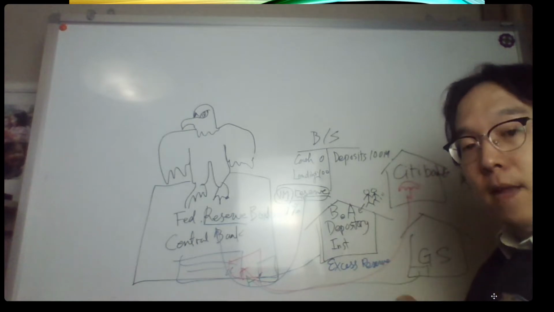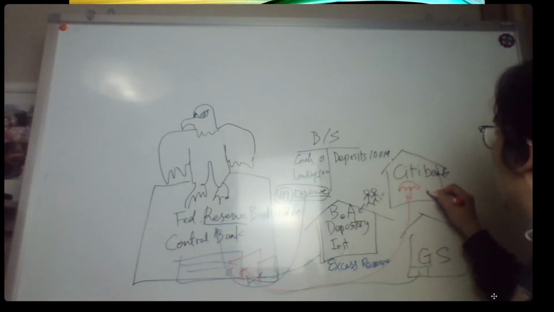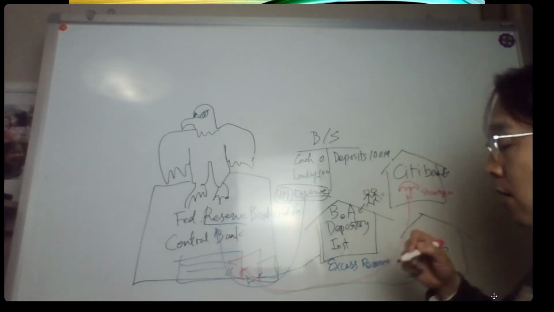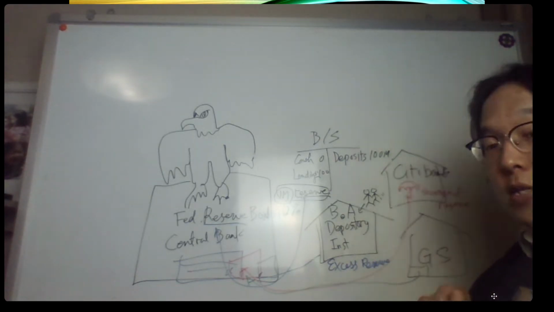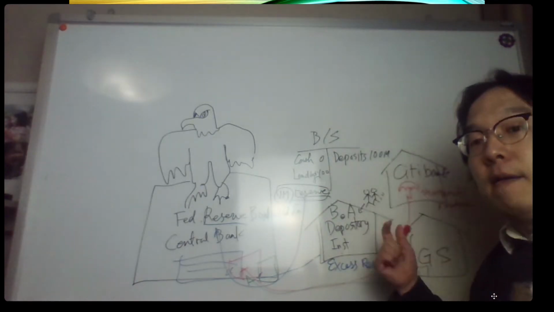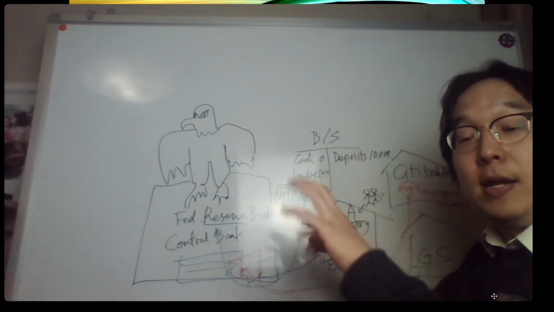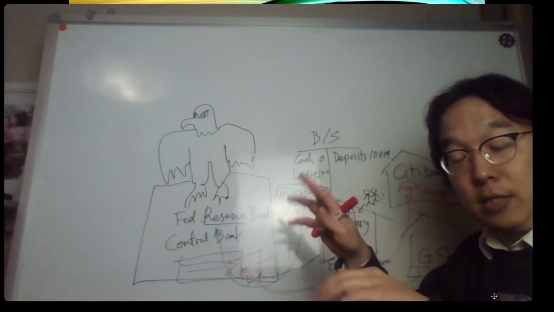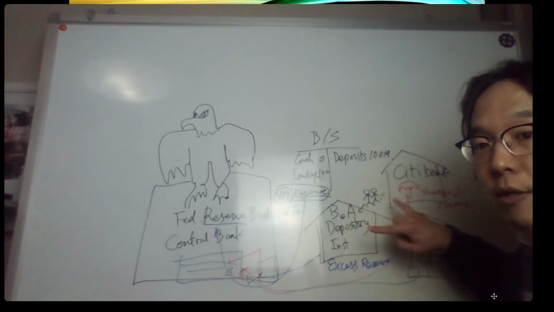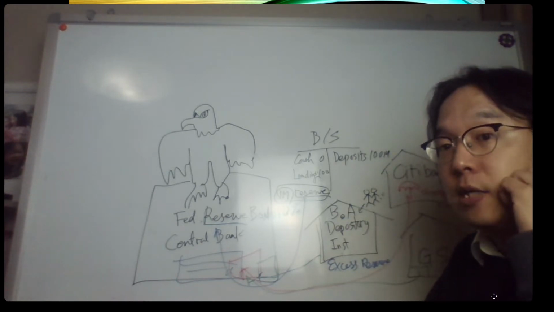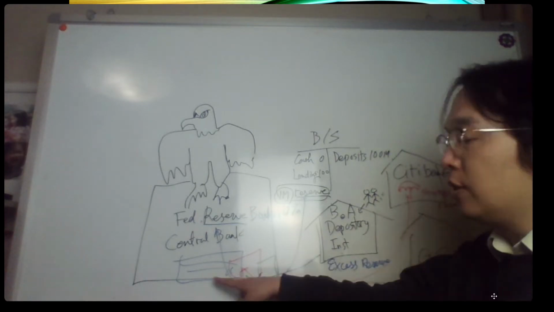Like Bank of America, where I used to work before, and Citibank, let's say they have a shortage of reserve at some point in time. The shortage or excess may come and go on a daily basis. Then what do they do? The bankers at these two banks call each other and say, I need some X amount of money for my reserve. Could you lend me some using your excess reserve?